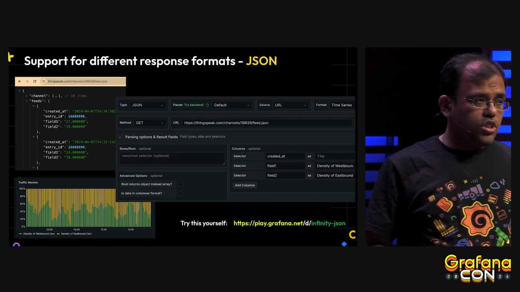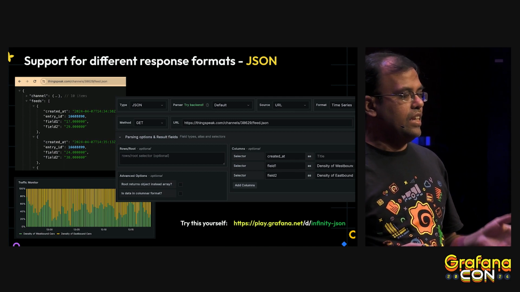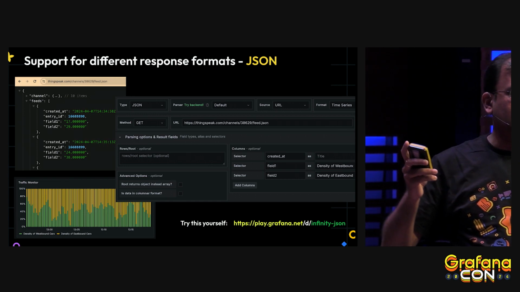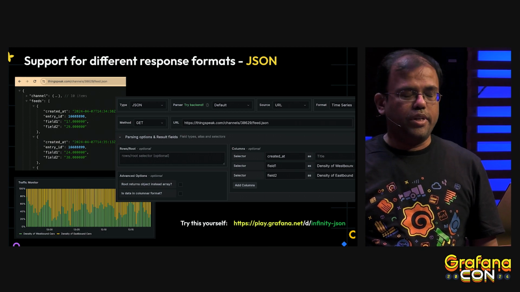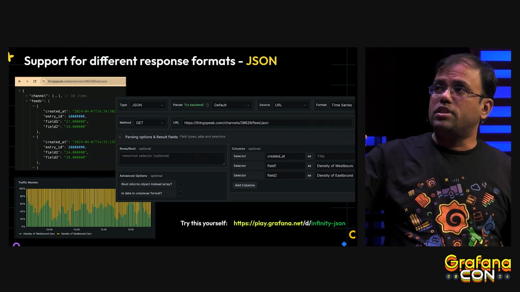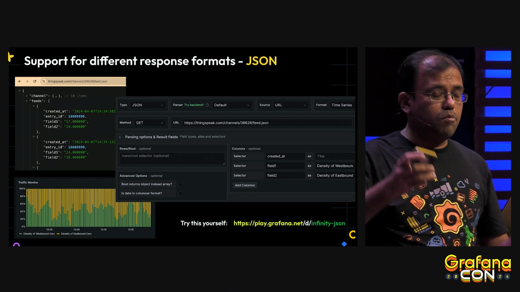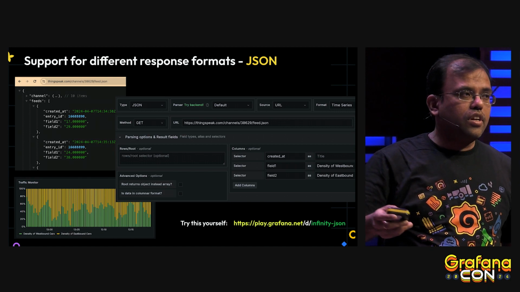The most common use case for Infinity is to visualize JSON data. As you see here on the screen, I am visualizing some data from an IoT platform called ThingSpeak, which sends me some sensor data about the traffic situation. As you can see, that's a nice JSON, so I don't need to write any new plugin.